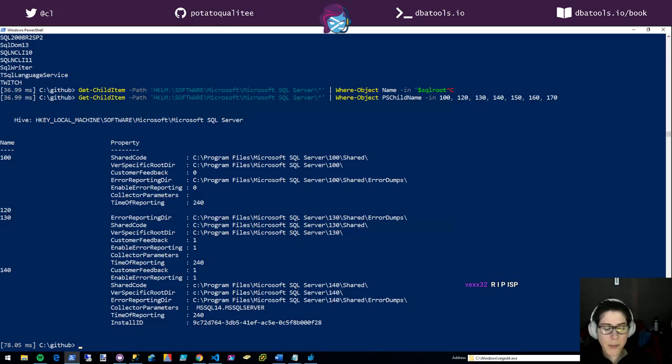I do like this ISP. I get like 120 megabits a second for like 50 bucks. I could go lower if I want, but I don't. And then it's like unlimited, whatever you want to do with it. But what's really cool about it is that I've never had an ISP that was so flexible with IP addresses and stuff like that. I have 2 IP addresses. I remember you used to have to pay for that.